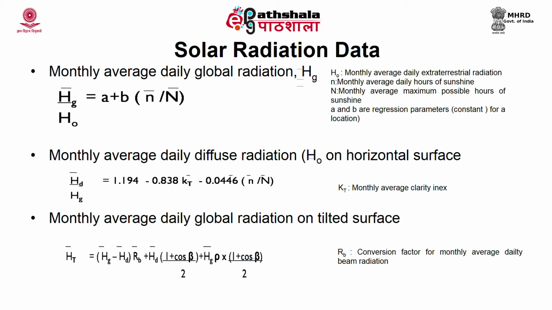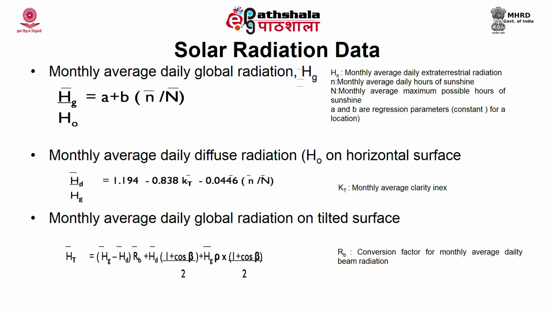Now, H0 is equal to 24 by pi multiplied by I_SC multiplied by 1 plus 0.033 cos(360 n by 365), multiplied by omega sin lambda sin delta plus cos lambda cos delta sin omega. Applying or substituting the values, you will get